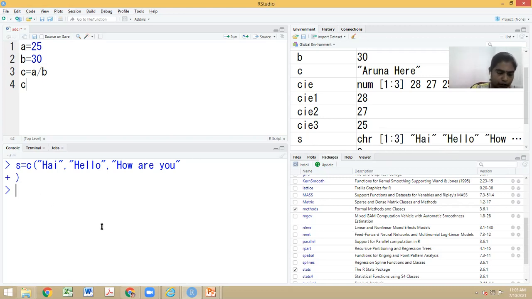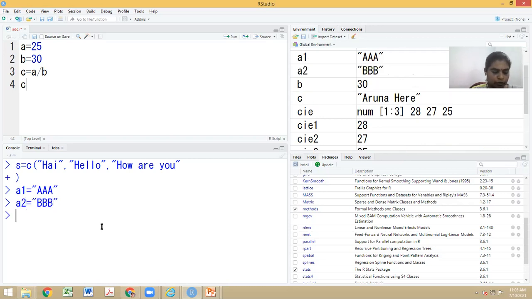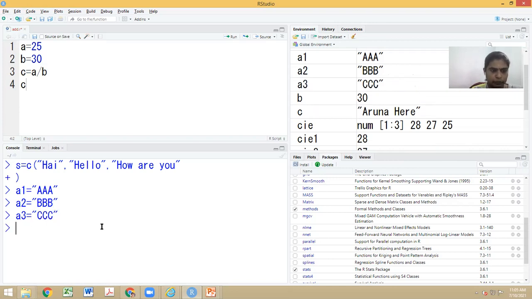Okay. Is there any other way I can do this? Yes, I can do it this way also. A1 is equal to, A2 is equal to, A3 is equal to